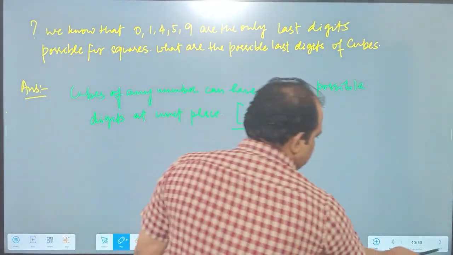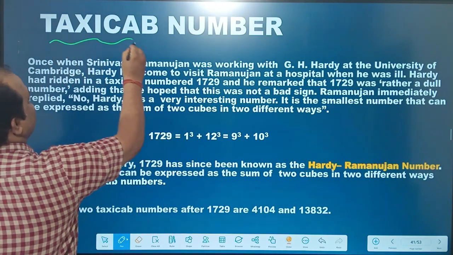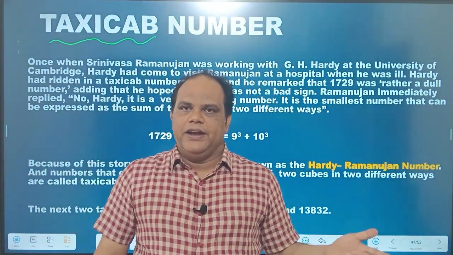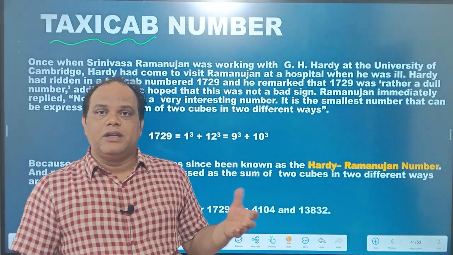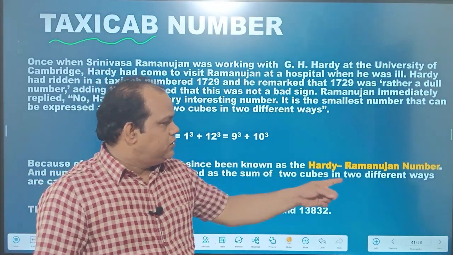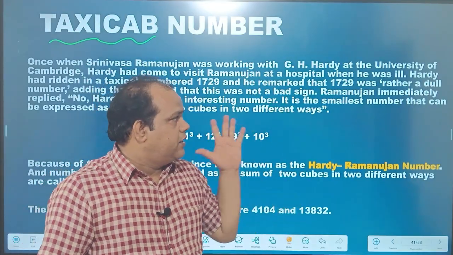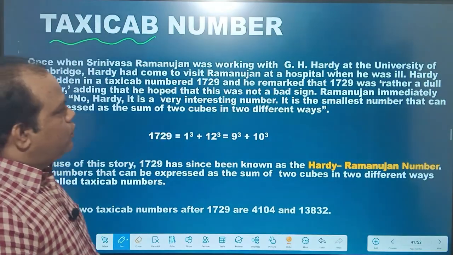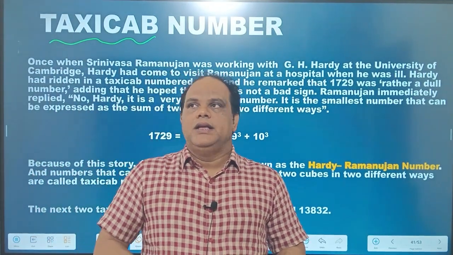Okay, let's go next. Taxi cab number. This is very important. So what is the taxi cab number? I think you must have read in your book that there was an Indian mathematician genius, Ramanujan, right? And there was a friend of his who was Hardy, right? And they were at the University of Cambridge. So once Ramanujan was not well, he was in the hospital. So Hardy